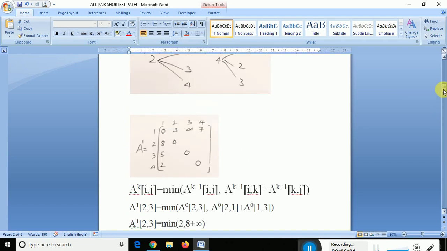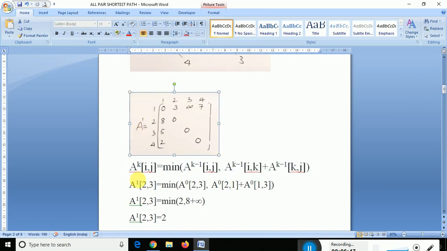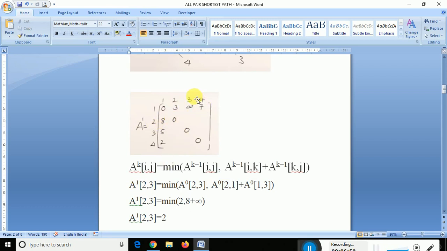And after that we have to find the solution. We have to solve the next problem, that is 2 comma 3 we have to find using the formula. 2 comma 4 you have to find, then 3 comma 2, 3 comma 4, 4 comma 2, 4 comma 3, this one. So how do we find it? Using this formula. So here k means what? It is 1, a of 1, that is k. What we have to find is 2 3, second row third column. So minimum, k minus 1 means what? 1 minus 1 is 0.